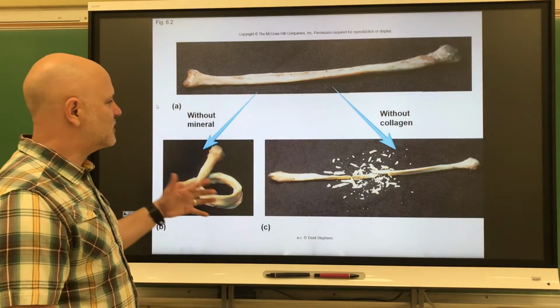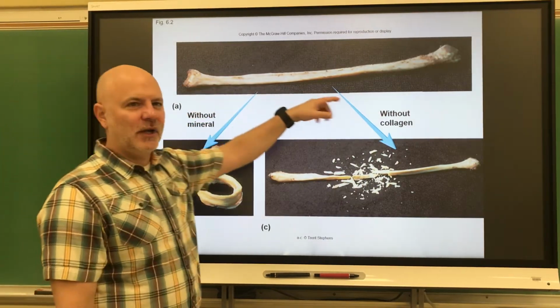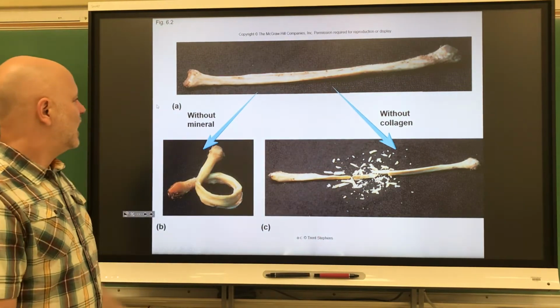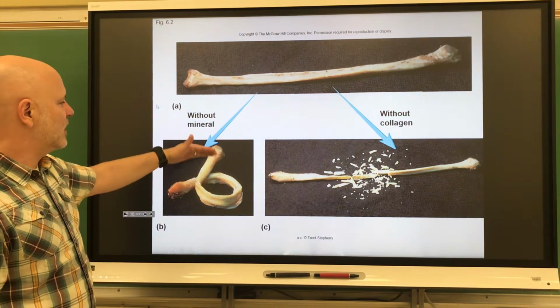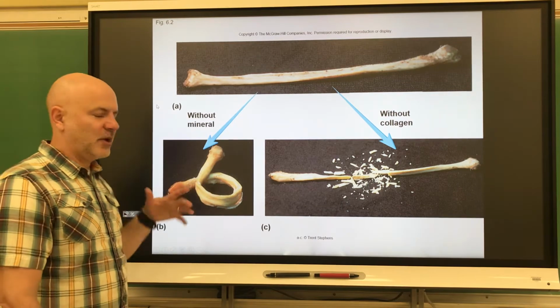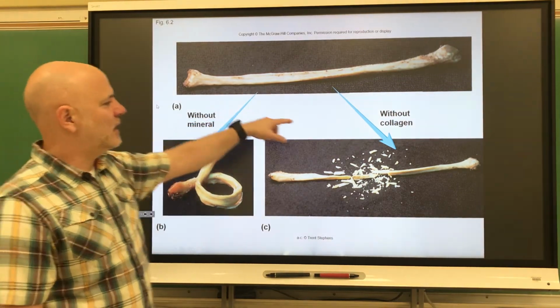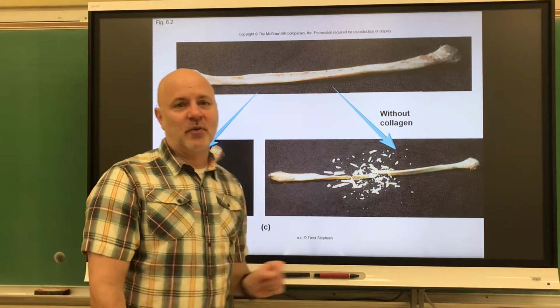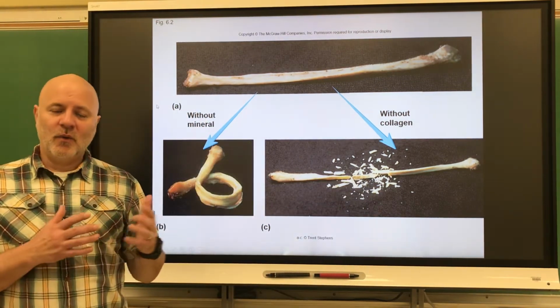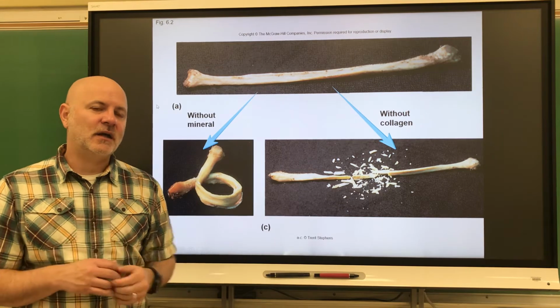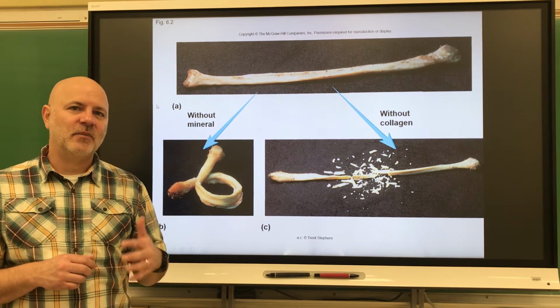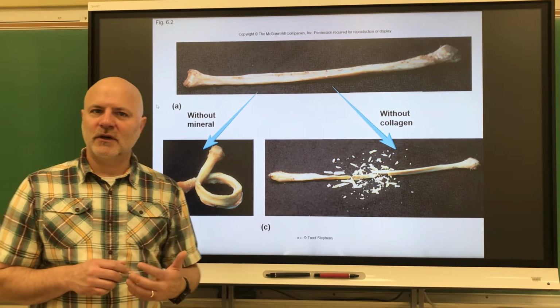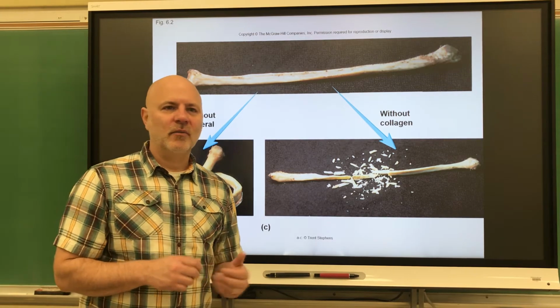So let's look at this picture here. This is showing a fibula, one of our lower leg bones. They did a chemical reaction, which they removed the mineral, so you can see it's pretty bendy here. And they did a different chemical reaction where they removed the collagen. As you can see, it's very brittle there. So we want to have both the hardness that the hydroxyapatite provides, but also the collagen removing its